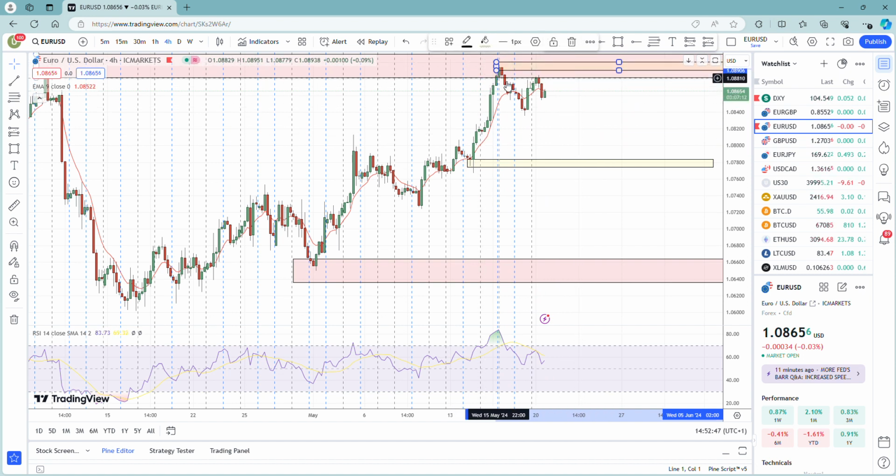And here's your resistance on the H4 time frame. It's failed to breach it. Price changed from bullish to bearish. It's formed a higher high and it's gone down. There's your two levels. Now what we do is on the USD, we're going to go on to the H1 time frame